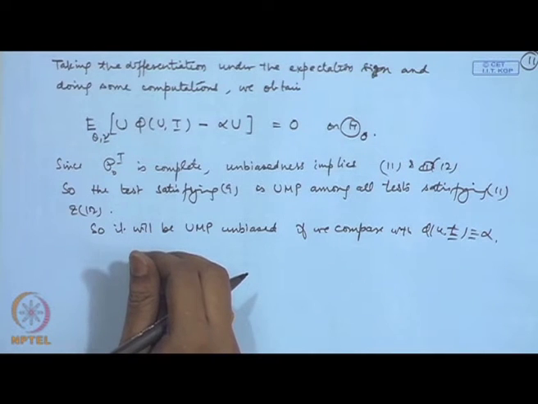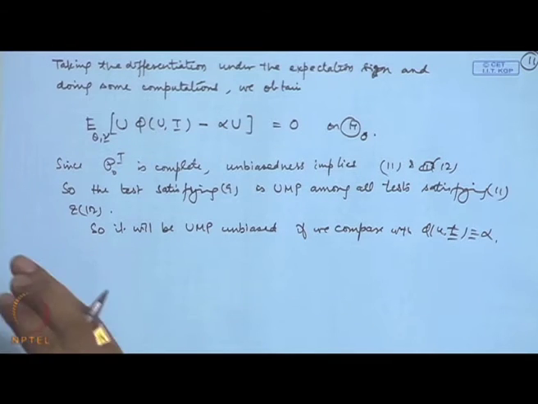A part which I have not covered here is the measurability of these functions. We should actually also show that phi 1, phi 2, phi 3 and phi 4, these are all jointly measurable functions. These are all functions of u and t. So, the joint measurability of this is also required. However, this proof I am skipping here, the readers can actually go through the detailed proof in the book of Lehmann and Romano.